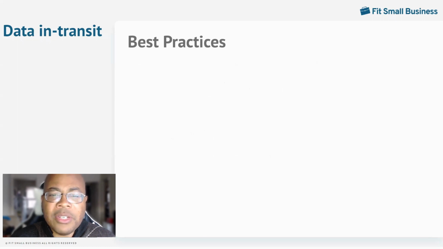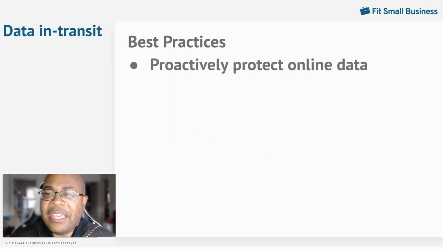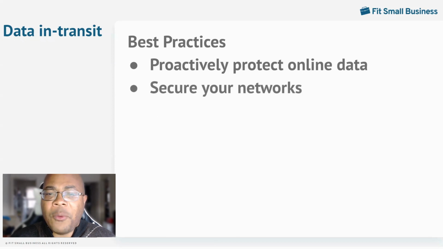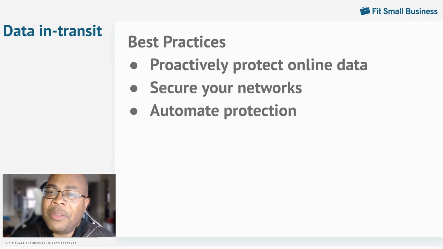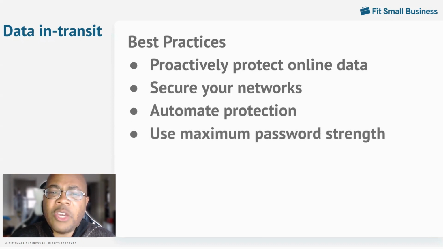In addition to encryption, best practices for protecting data in transit include vigilantly updating security policies based on realities. Protect networks by using firewalls and network access control. And automate protection by setting up spam filters, firewalls, and malicious file sharing detection. Lastly, in addition to encryption, security requires strong passwords with a minimum of 8 characters containing a combination of letters, numbers, and special symbols.